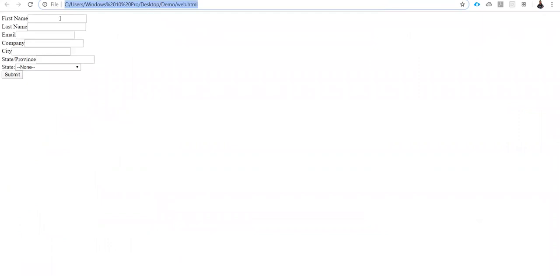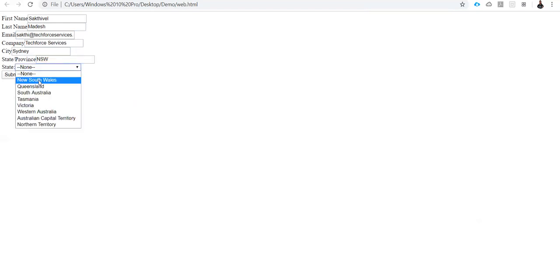So here I am entering all the fields, with the label and the relevant field. Here I am typing my first name, last name, email ID, company, and picking the state.